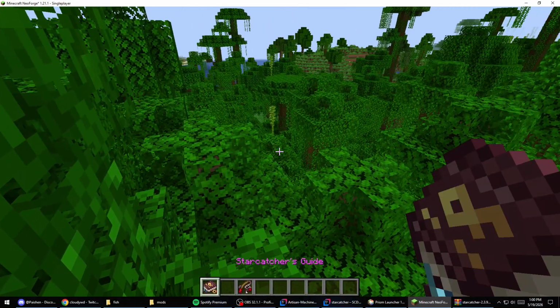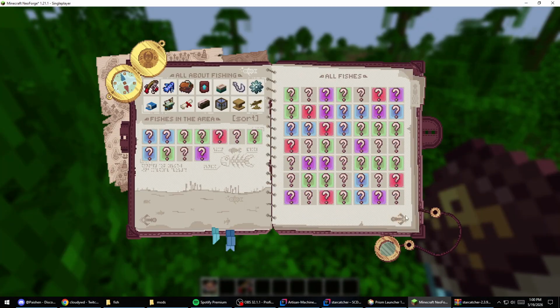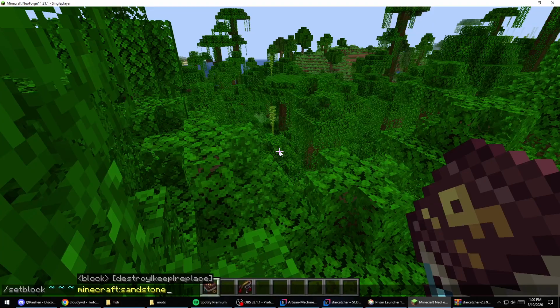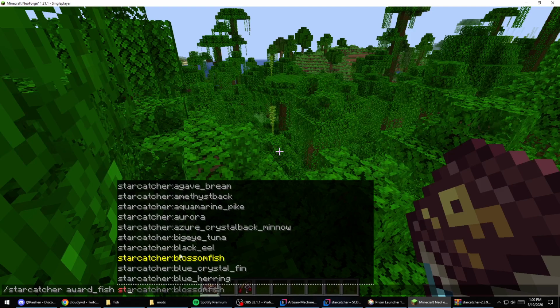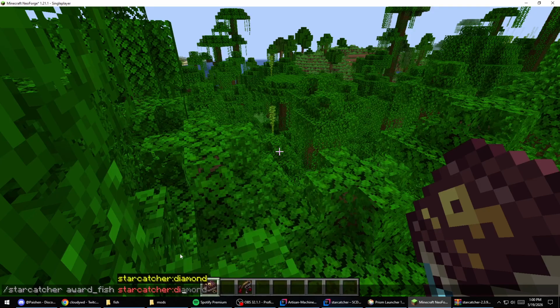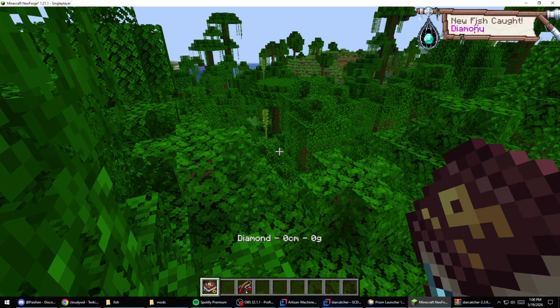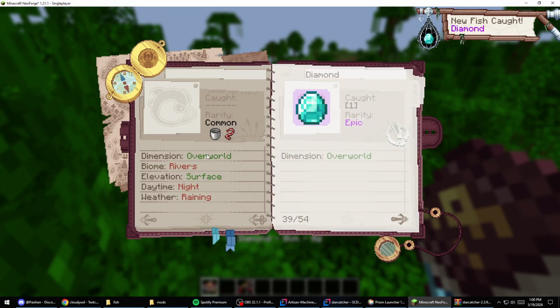And now if we go to the Starcatcher guide, you can see here every fish is missing. So we're just going to do /Starcatcher award fish. If you do /Starcatcher award fish, it awards every fish, or you can specify a specific one. So we can specify here Starcatcher diamond, which is the fish we just added. So if we specify the diamond, we can see new fish caught diamond and it's epic. And if we go to the guide, you can see here we have the epic fish caught with the dimension